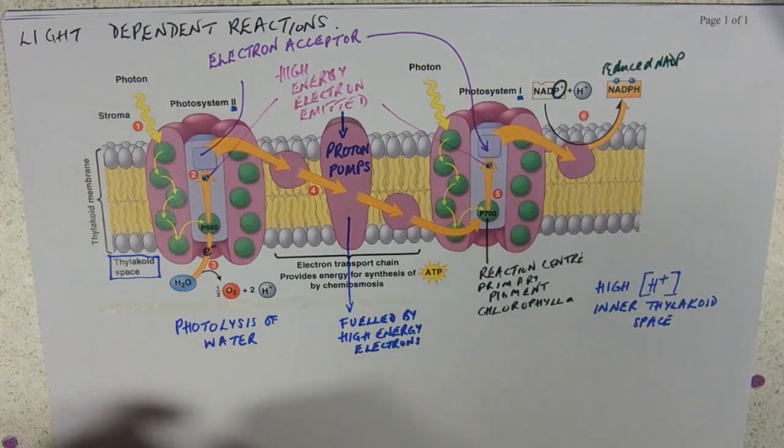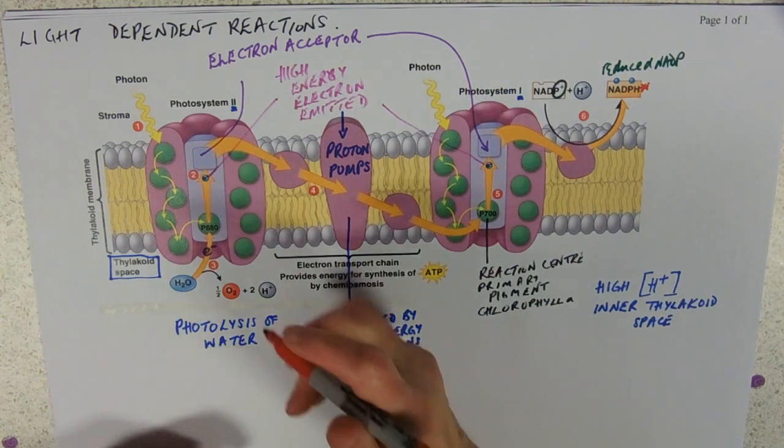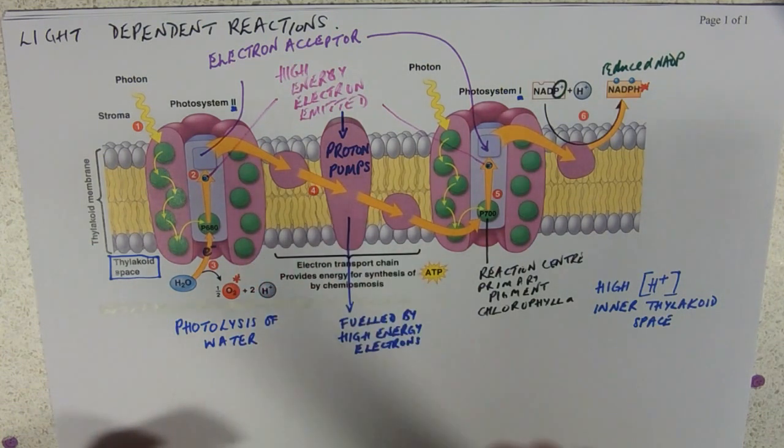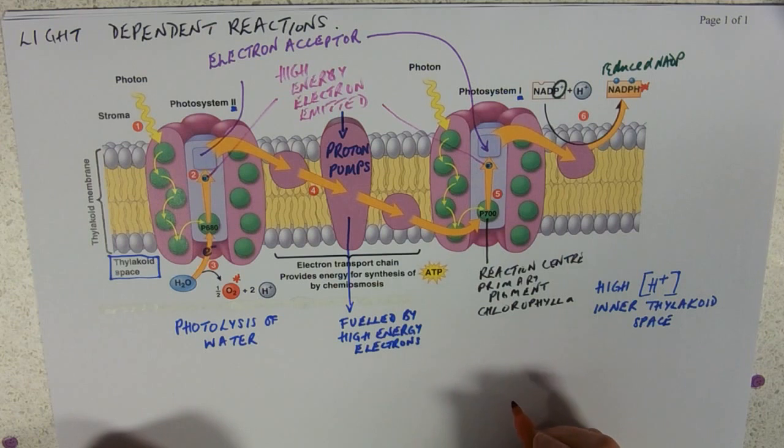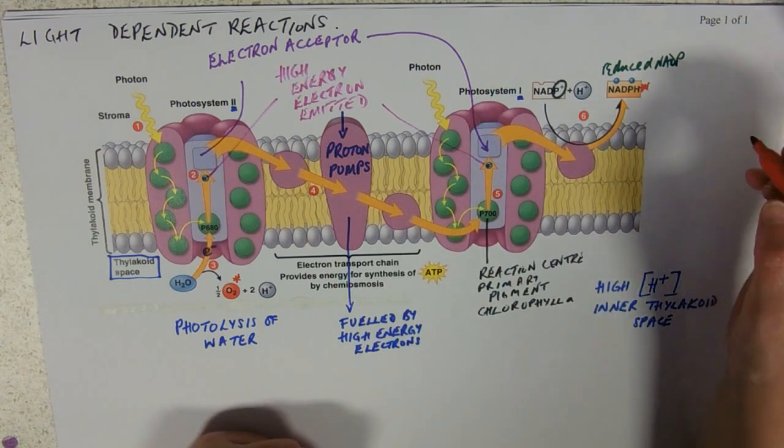So, products then. We've got reduced NADP, we've got oxygen as a waste product, and of course if we've got a nice high proton gradient here,